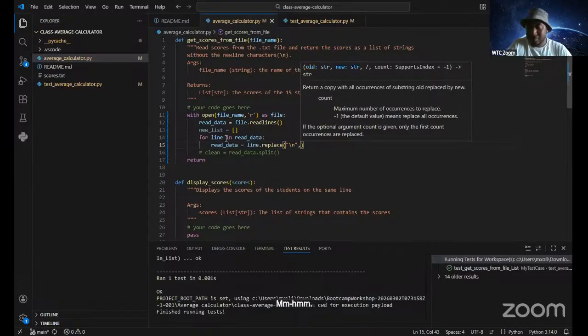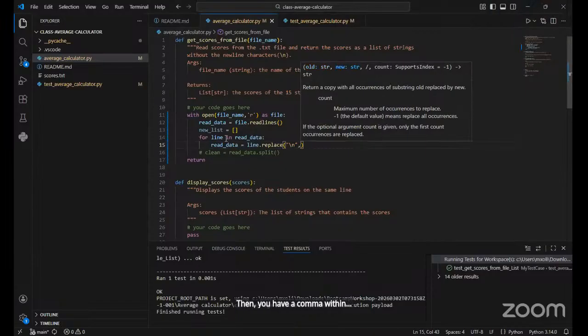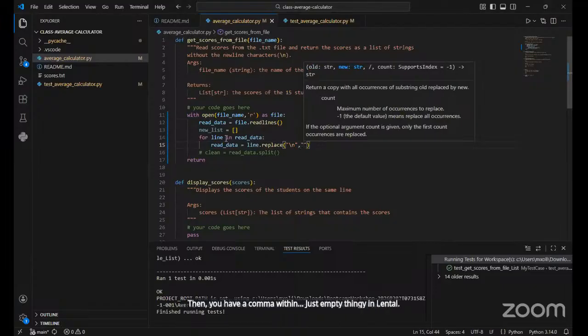Then you have a comma with just an empty string.